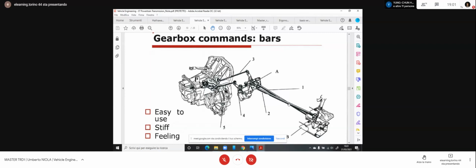You can see this is not so simple or linear like the traditional longitudinal engine and gearbox in line, because this is a sample for a transverse engine and the gearbox also transverse. But you always have a movement to move